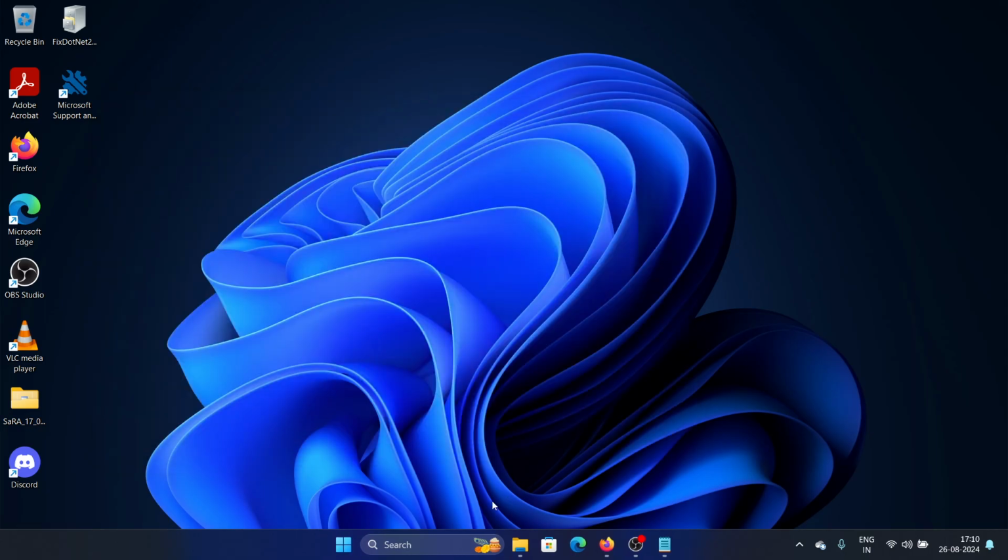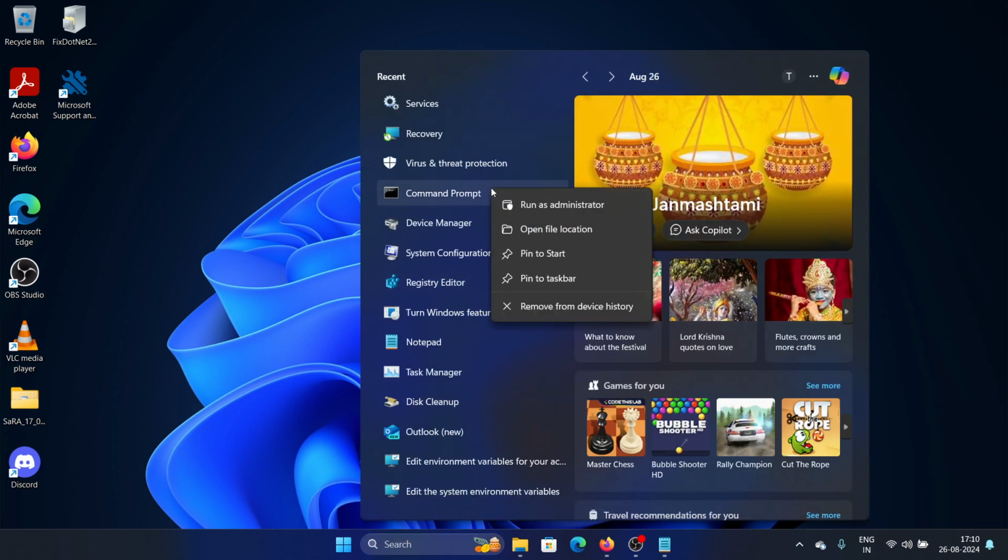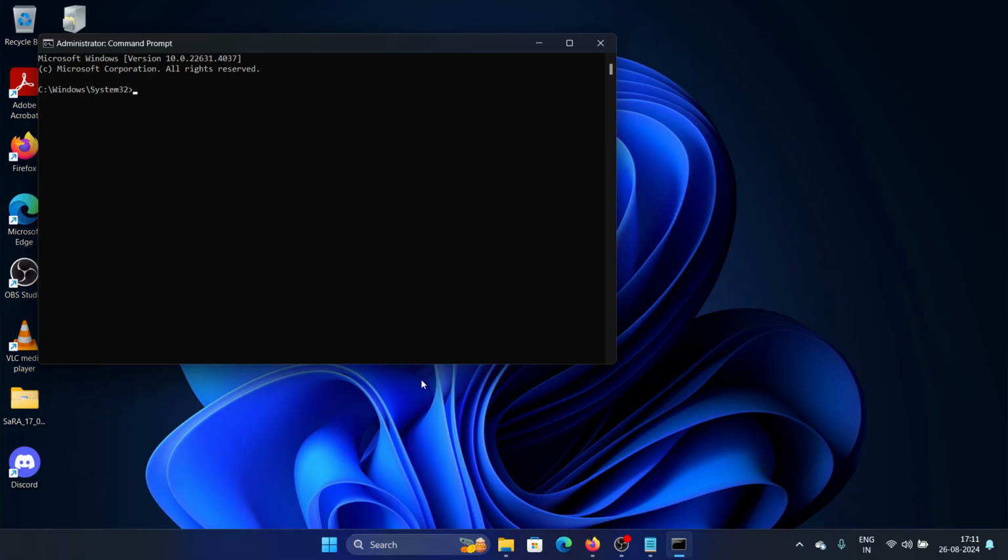The third and final option is to run a system file check scan. For that we need to run the command prompt as administrator, and we enter the command sfc space slash scannow and press enter. This should fix the error